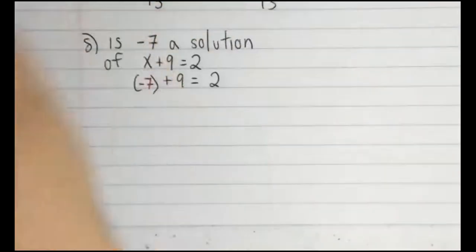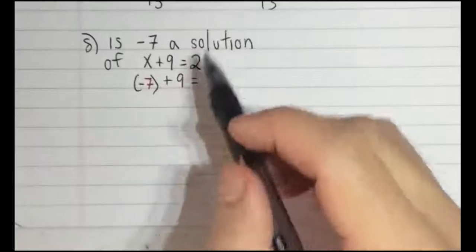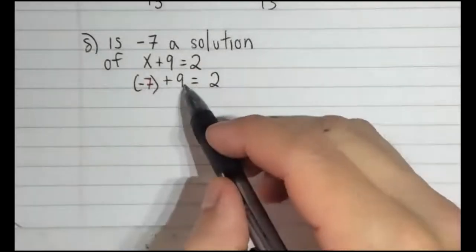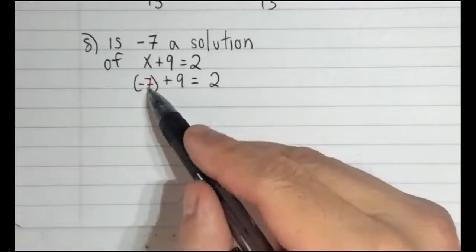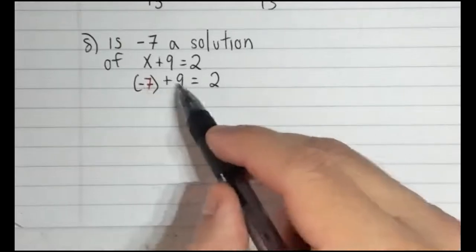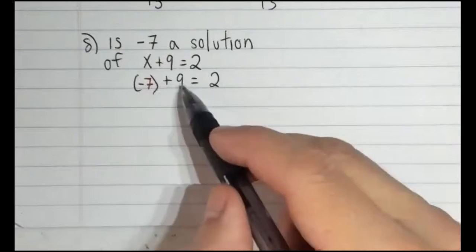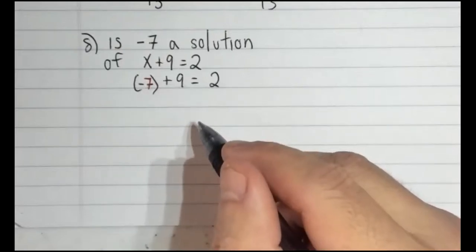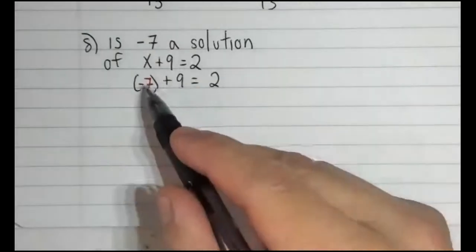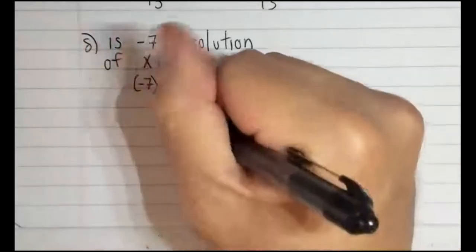Okay, so follow your rules of adding real numbers. Are these signs the same or different? Hopefully you'll look and say they're different. One's negative, one's positive, right? They are not the same sign. They're not both negative. They're not both positive. The rule when they're different is you subtract their absolute values. So in other words, we're going to go 9, take away 7. 9 take away 7 gives me